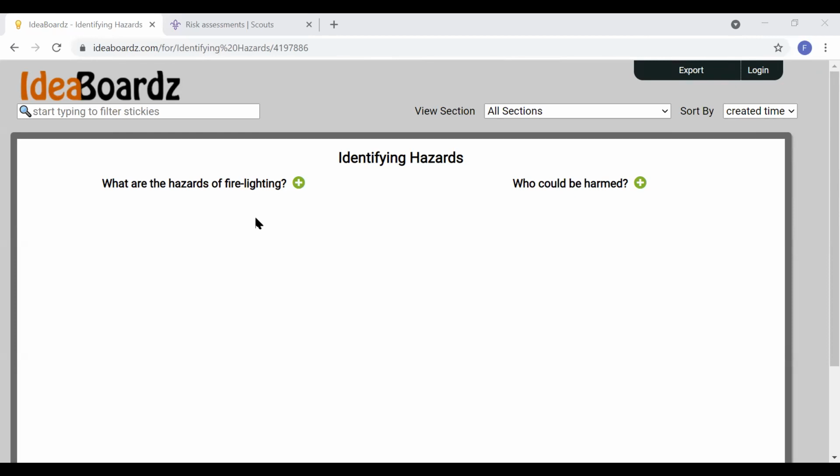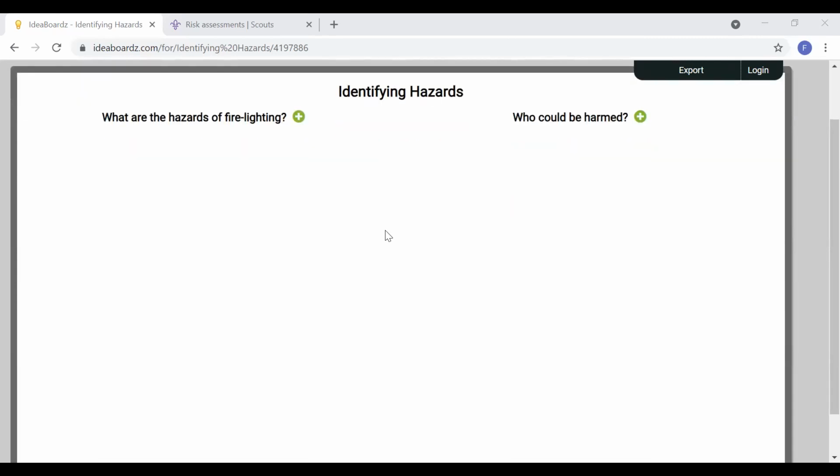So what we'd like you to do is just have a little think about, if we're going to do firelighting as an example of an activity, what are the hazards of firelighting, and then who could be harmed? So for this example, maybe let's say we're doing it at Bramhope with a scout troop or something, or it could be like whichever section you volunteer with. And to make a post-it note, you just click the little green plus on the screen, and it should bring up an option to make a post-it note, and you can type in there what your answers are. So yeah, just take a couple of minutes to do that, and we'll see them coming up on the screen.